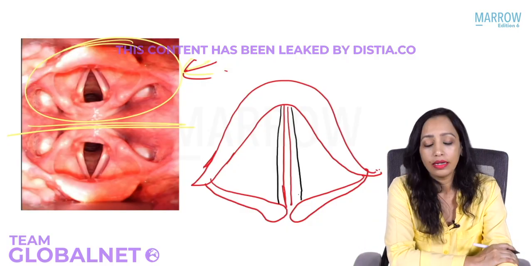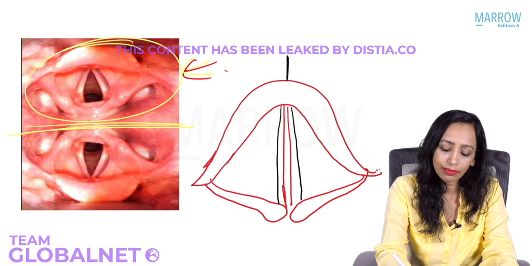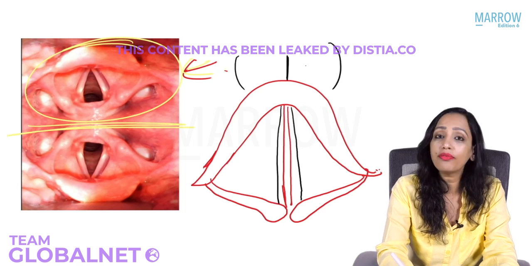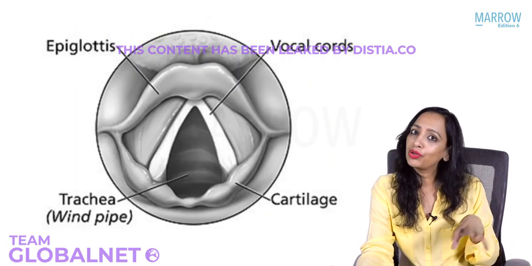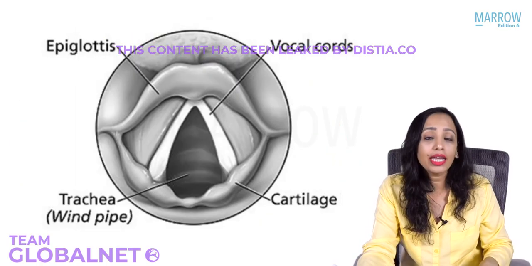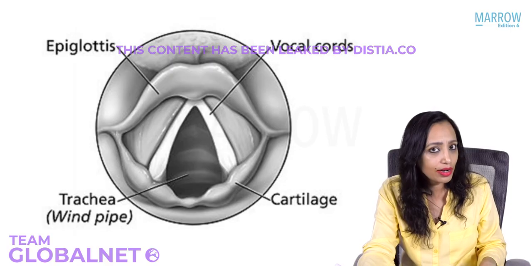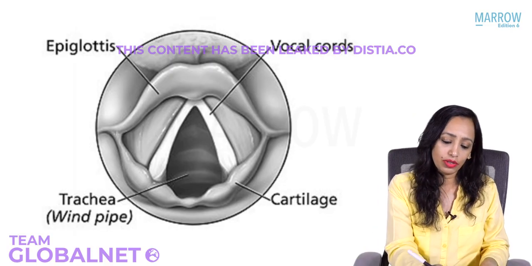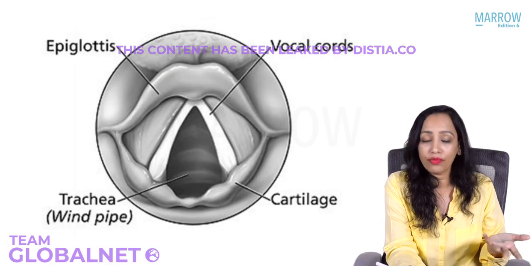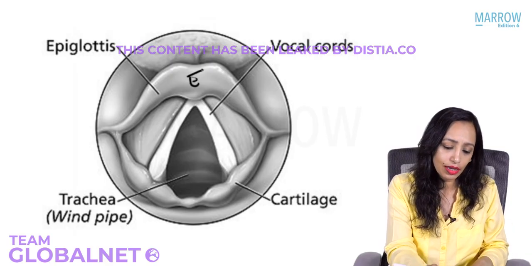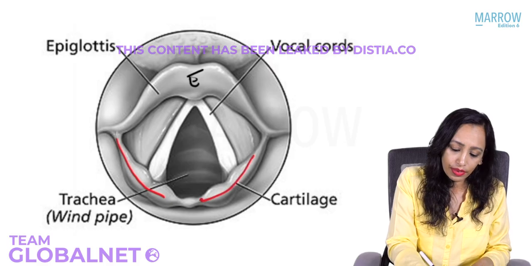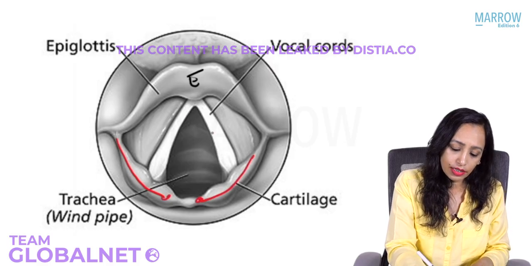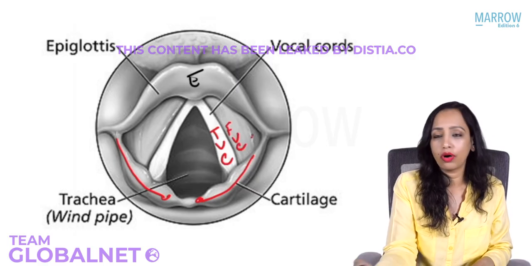Is that clear? And above that sometimes this is drawn. What is this? This is the area of the vallecula. So this is how you draw. This is the picture that you see in the indirect laryngoscopic mirror. This is the epiglottis. This is the aryepiglottic fold, the arytenoid here. This is the true vocal cord, and here we have the false vocal cord.